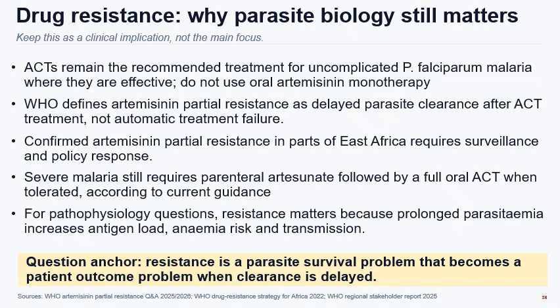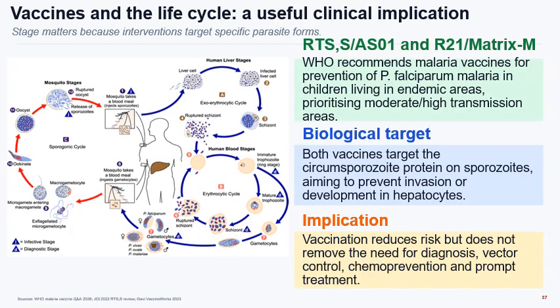Always remember this. Furthermore, I consider it also important to mention how the life cycle of malaria parasites relates to the vaccine and talk about its usefulness in clinical practice. The vaccine slide that I'm showing you brings us back to stage-specific biology. RTS,S